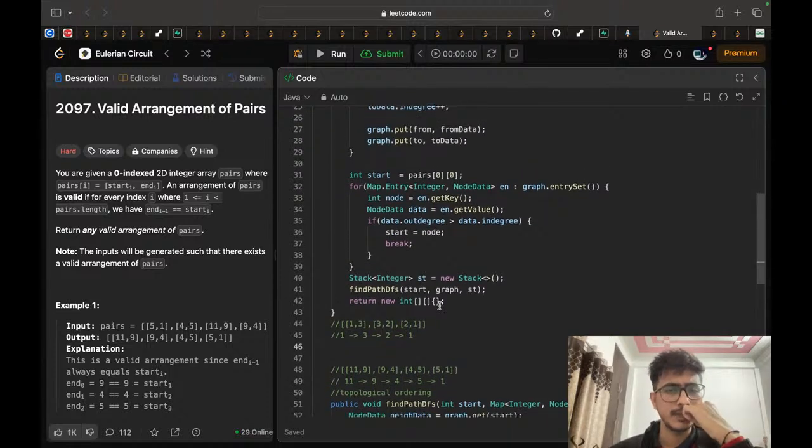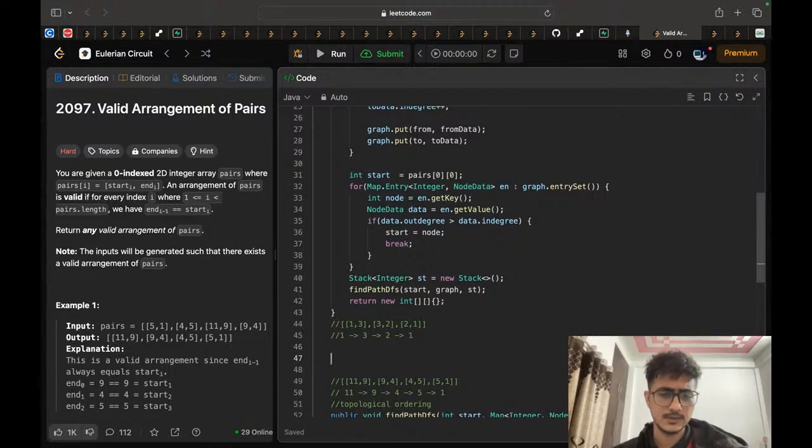So we need to break this cycle, and then we can have topological sort. 5 to 1. Suppose we have a graph like,